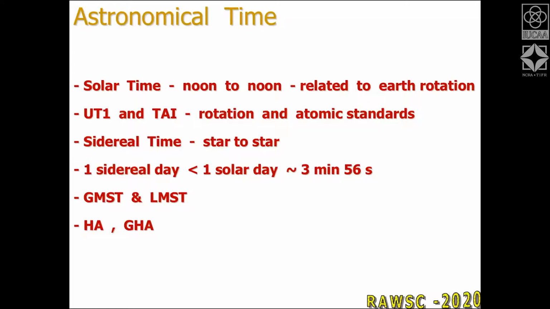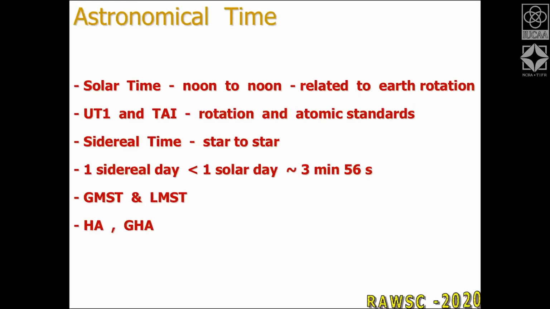So, for example, a star at a right ascension of 8 hours means that if currently the first point of Aries is transiting, this star will transit 8 hours later, because the right ascension is simply linked with the sidereal time. So in other words, the sidereal time at a given place, say for example in Pune or at Delhi or Chennai, is basically the right ascension of the star which is transiting at any given point of time. That is the sidereal time.